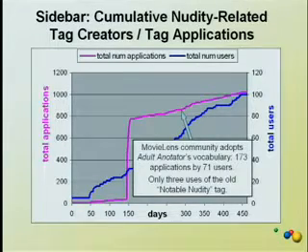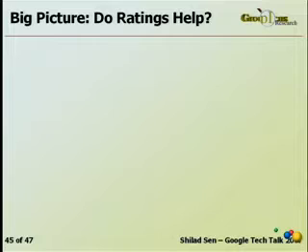All right, so we talked about ratings and how users don't agree on ratings. So the last thing I want to look at is whether ratings are helpful. So it didn't look like it, right? Num users, this implicit metric, did just as well as global average. But if the type of tags that num users and global average are good at predicting are different, then we can get value from combining them.